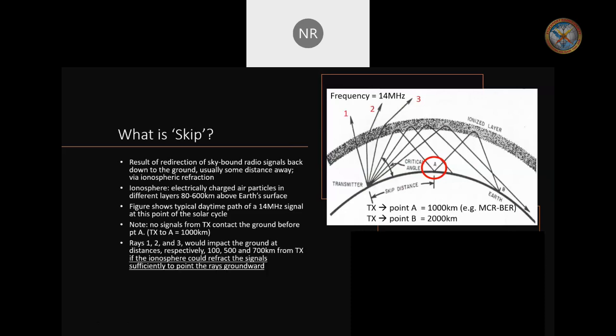If you look at the different rays, different signal paths on that diagram there, you look at numbers 1, 2, and 3. Now, if they bent down back to the ground,